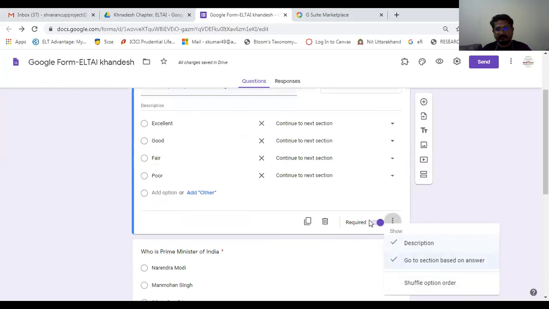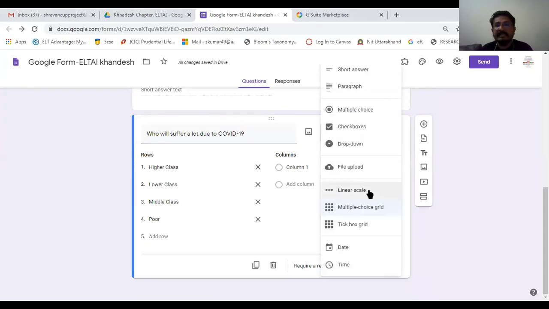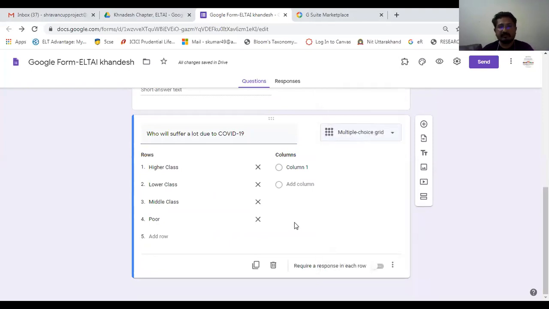Just a minute. So in this linear scale option or checkboxes option, you can select more than one correct answer. I'll show you how. First, let me finish this multiple choice grid.